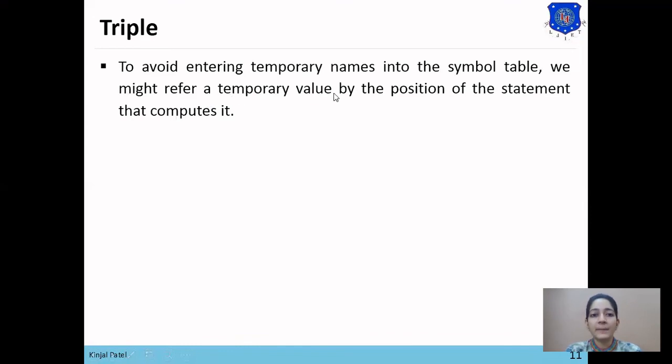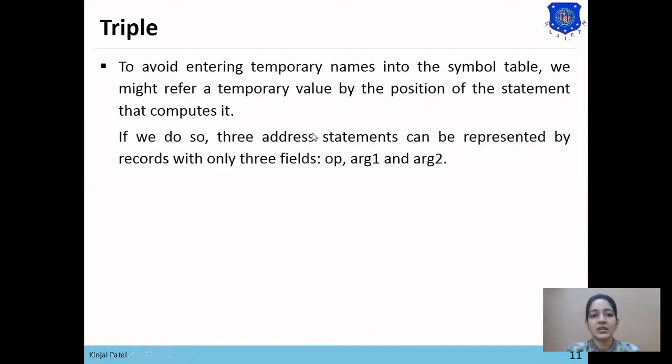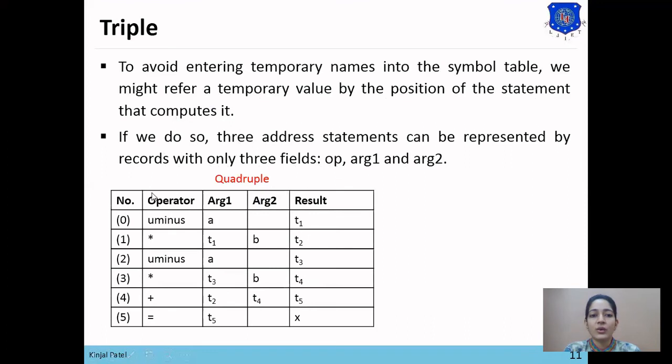So triple replaces the temporary value field with its position. Means triple directly uses the position of each statement, which already has the result of each instruction. So if we do so, a three address code statement can be represented by only 3 fields, which are operator, argument 1 and argument 2. So here is the representation of quadruple.